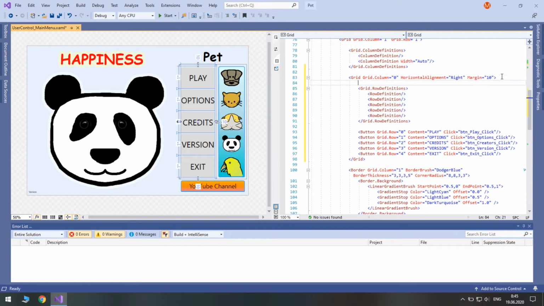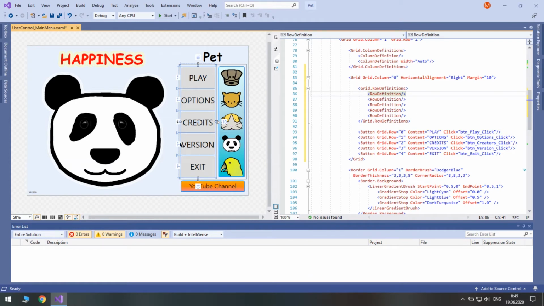Now, we have 5 buttons here, but actually these 2 buttons make little sense, because version just shows or hides the version text block, and credits shows or hides this border. But it makes literally no sense.